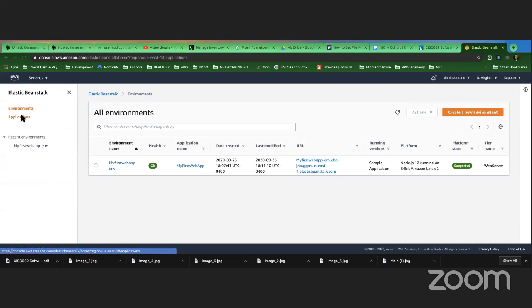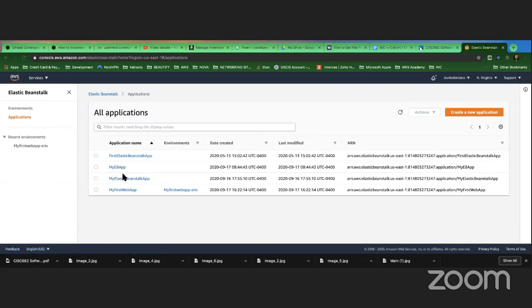Environment, application. So the one that we created today is... This is kind of messed up with the date. It says September 17th. Today is not the 17th. One moment. I'm losing control of my mouse again.